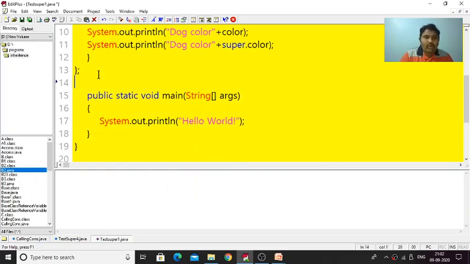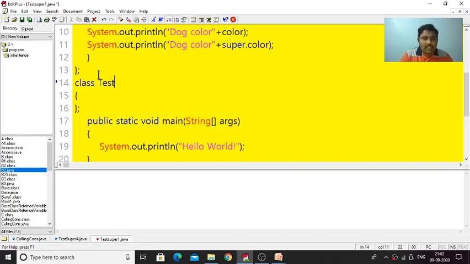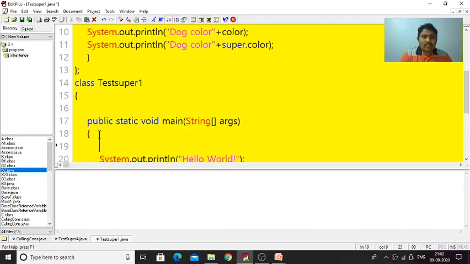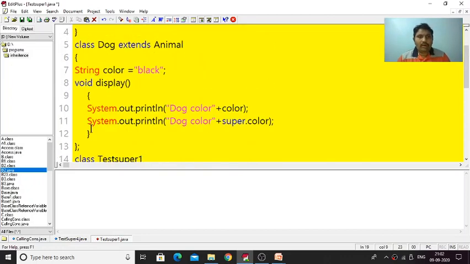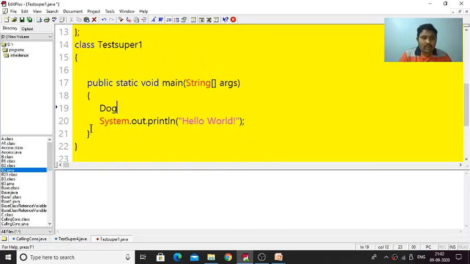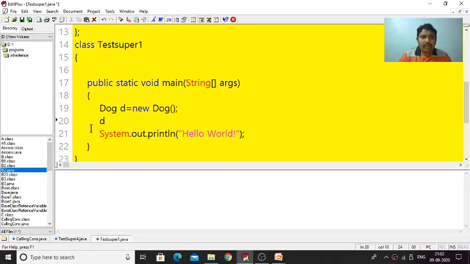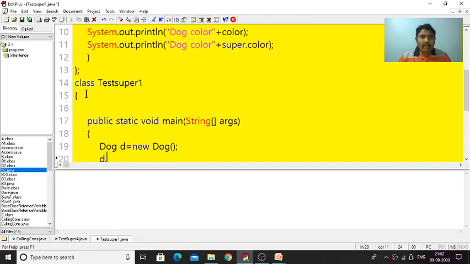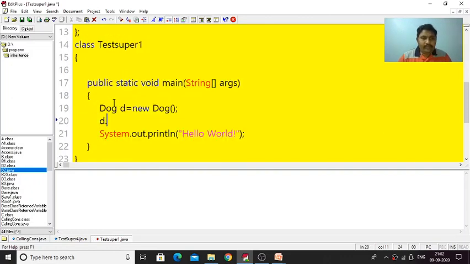Now we need to create the object for those classes. The class name is TestSuper1, and for the Dog class I am creating Dog d = new Dog(). I create the object, and with the help of that object d I am calling the display method.